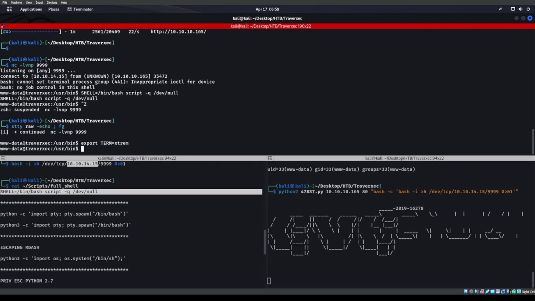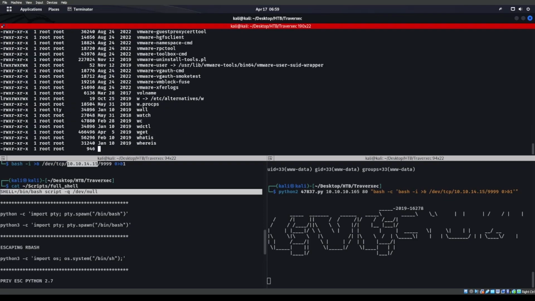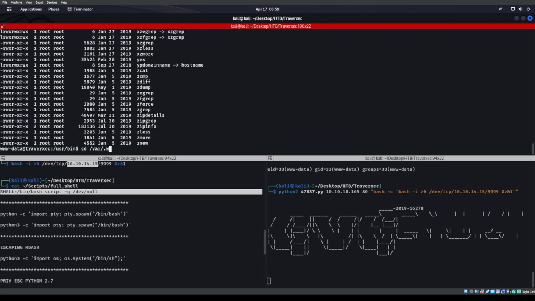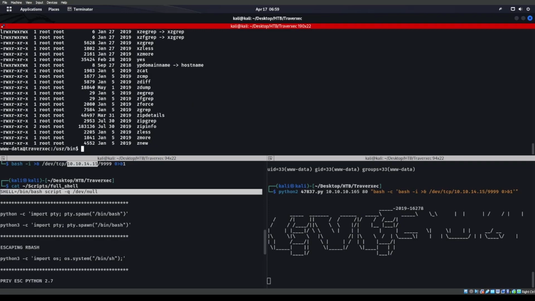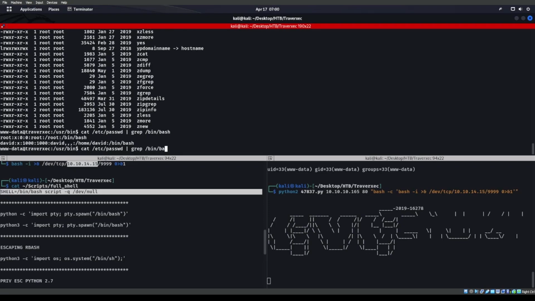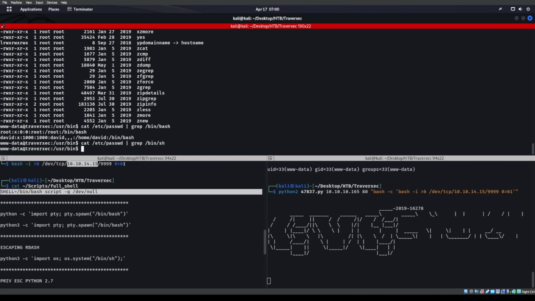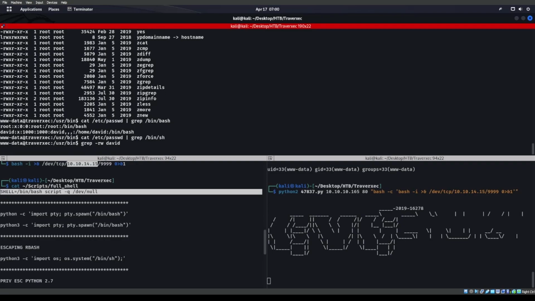All right, let's go ahead and we're in /usr/bin, cd to /var/www. Okay, there's no /var/www. Let's go ahead and cat /etc/passwd, grep for bin/bash. And we'll also do bin/sh. We got David. Okay, so we got David. Any David in here? Nope. Okay. Let's go ahead and